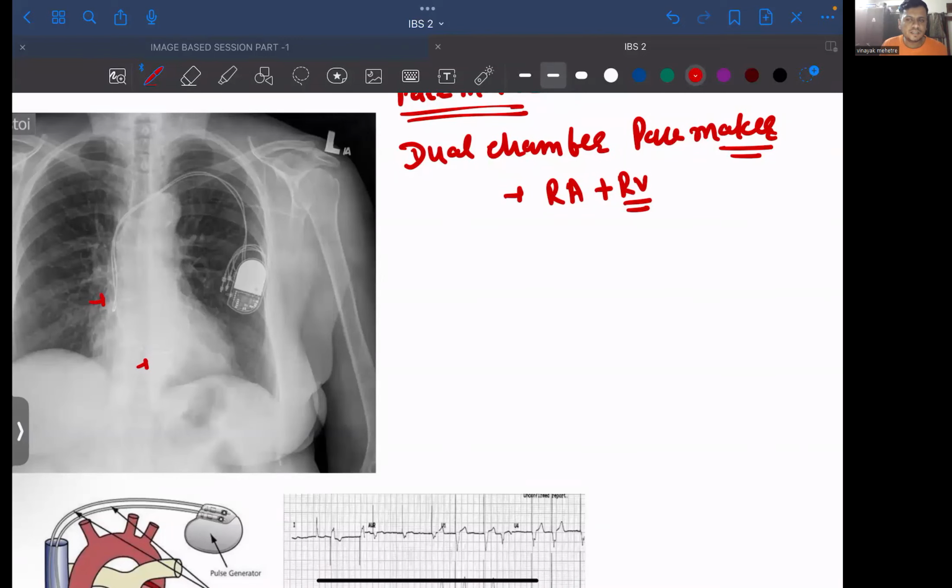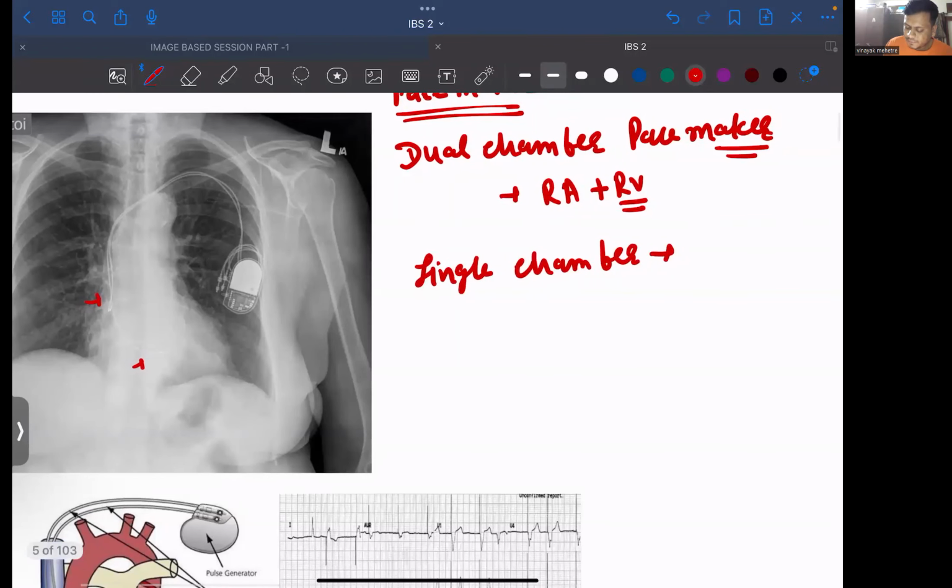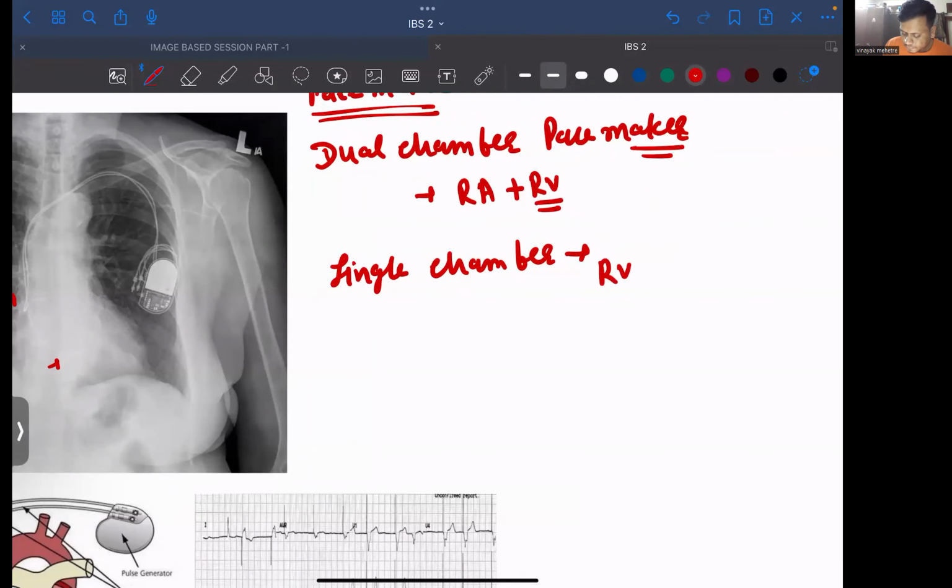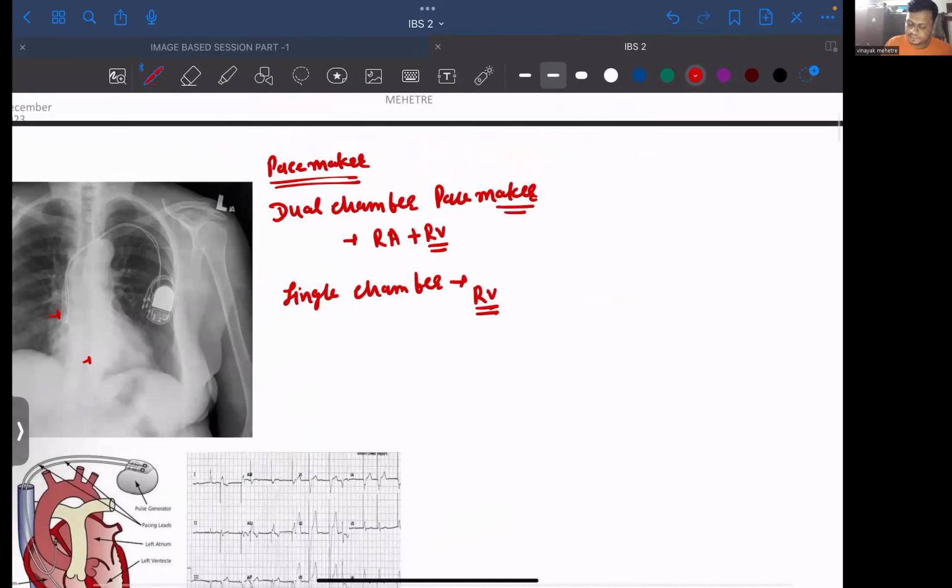Okay, where will we place a single chamber? A single chamber pacemaker will go in the right ventricle. Ventricles are more important for survival than the atria. So we will put the pacemaker in the right ventricle. Okay, but your life doesn't finish over here. A dual chamber pacemaker is placed in. Now